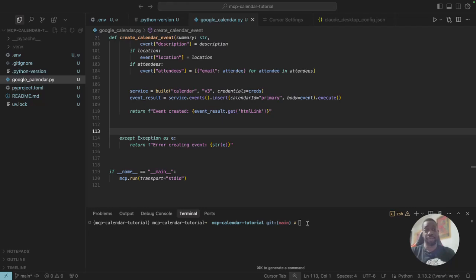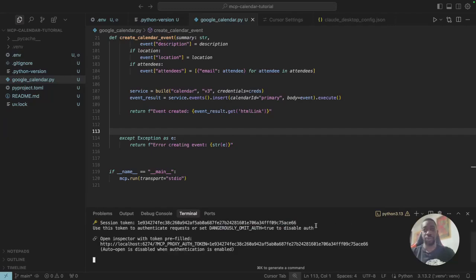So now we have created our MCP server. Now it is time to connect our MCP server to the client. To connect the MCP server to the client, we'll first go through the MCP Inspector client. To do that, you just need to do mcp dev and then the file name. And the file name is just Google Calendar. So this will open